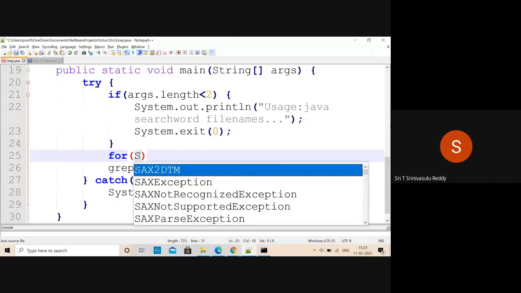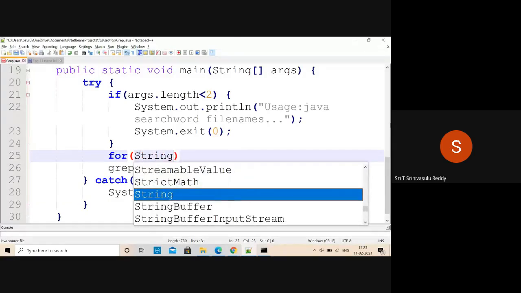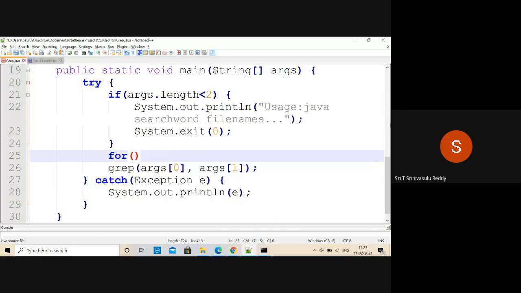So you can say for String, in which case it's going to start right from the first itself. So that issue is there. Instead of the for each loop, we can go for corresponding length and all that. So for int i equal to 0, strictly speaking, 1 onwards, because the 0th one is the actual search word.